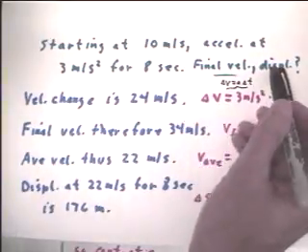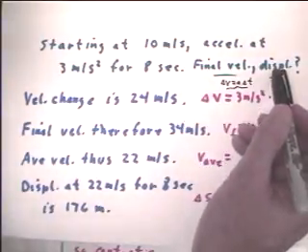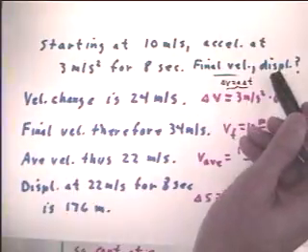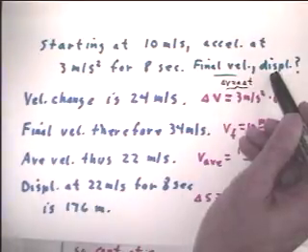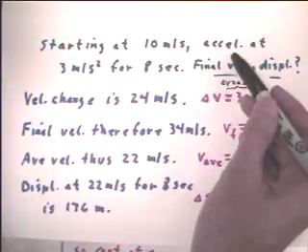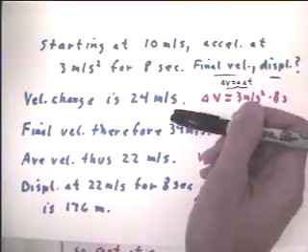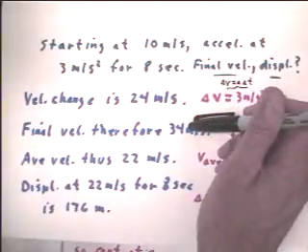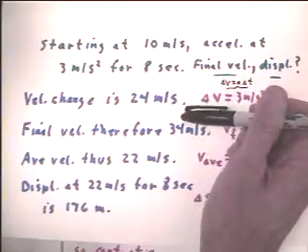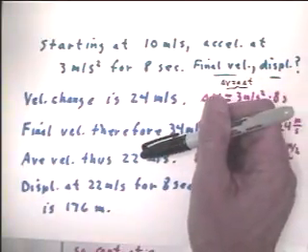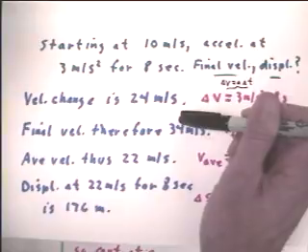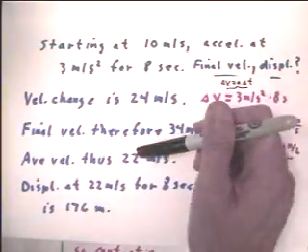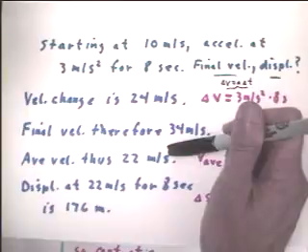Now, we want to find how far we go. We want to find our displacement, in fact. How do we find displacement? Well, we multiply the average rate at which position changes by time. The average rate at which position changes is the average velocity. If the acceleration is uniform, which is an implicit assumption here, then our average velocity will be the average of our beginning, 10 meters per second, and our ending, 34 meters per second. Well, if you find the average of 10 and 34, it's 22. 22 is dead halfway between 10 and 34. If you add 10 and 34 and divide by 2, you get 22. So the average velocity is 22 meters per second,